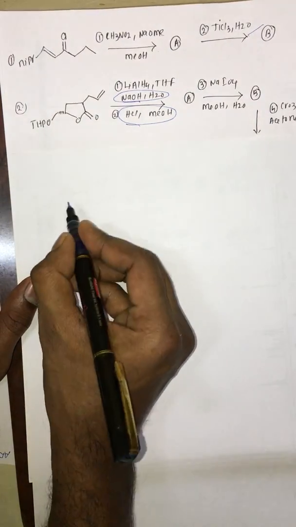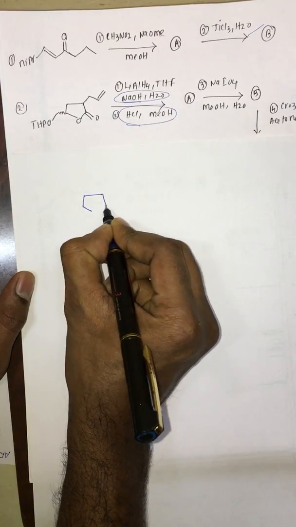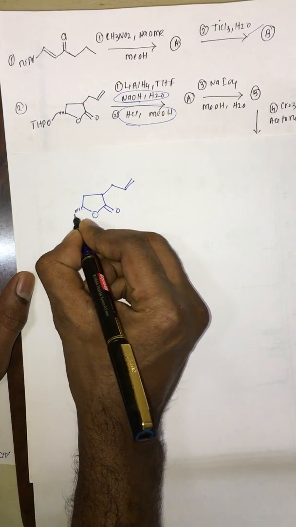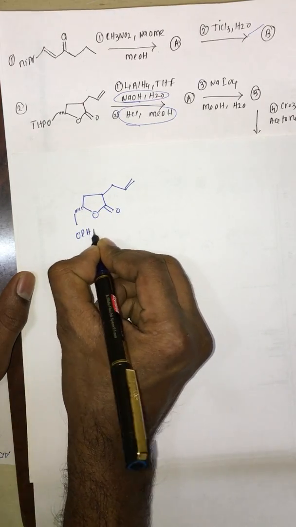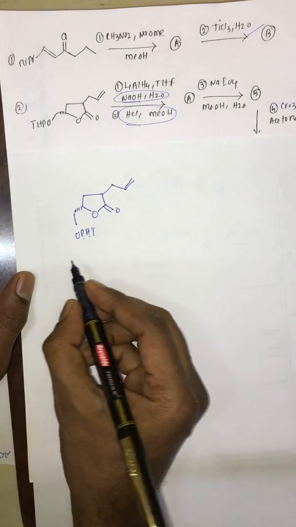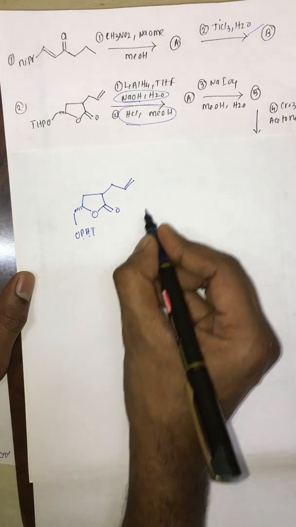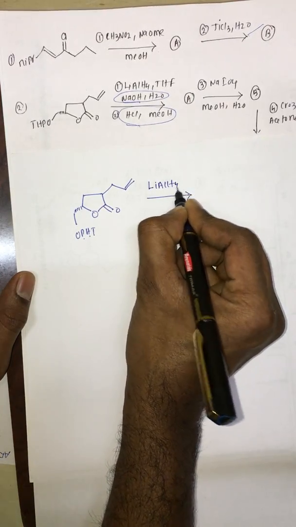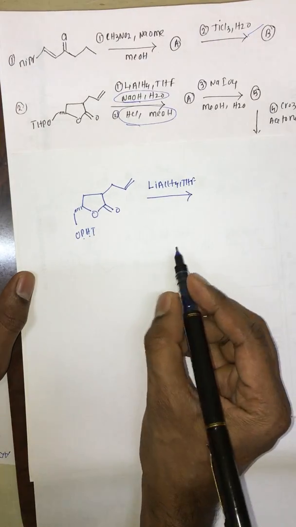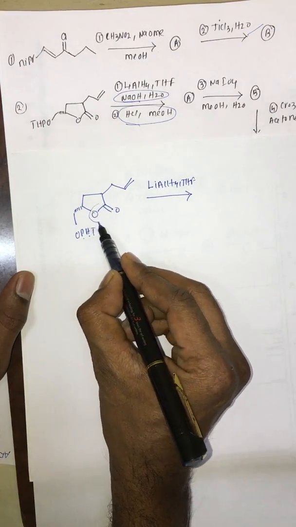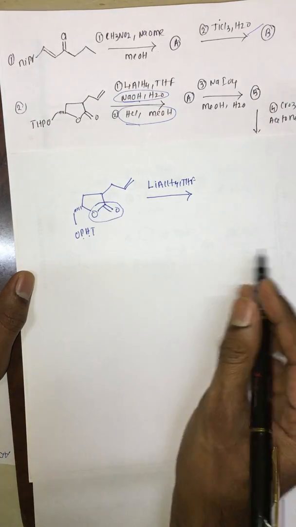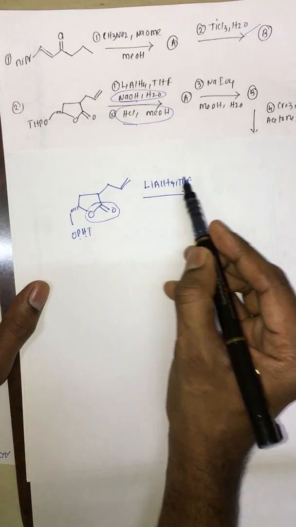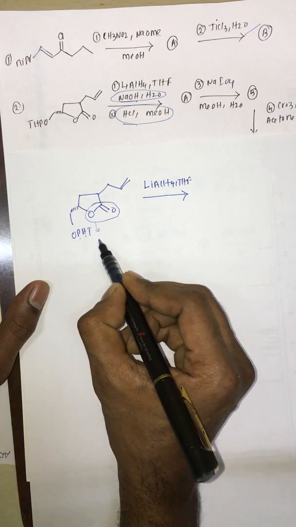And here we have lactones, OTHP. This is the tetrahydropyran. So tetrahydropyran is the alcohol protecting group. Here in the first step we have lithium aluminum hydride in the presence of THF as a solvent. In this case we know that this lactone, a cyclic ester, converts into alcohols. So we'll see how it gets converted, and then this will be converting into OH, and this is also converting